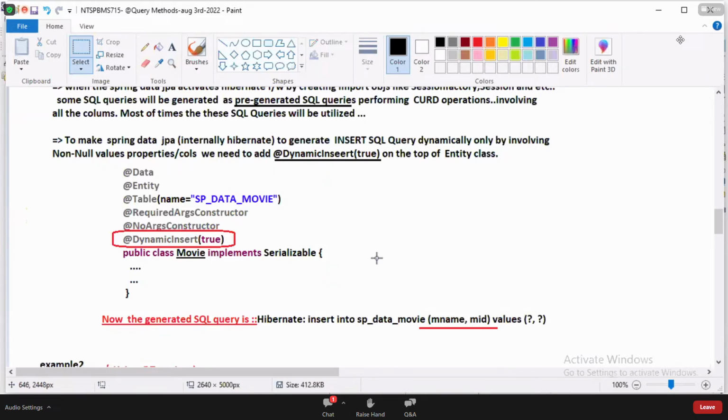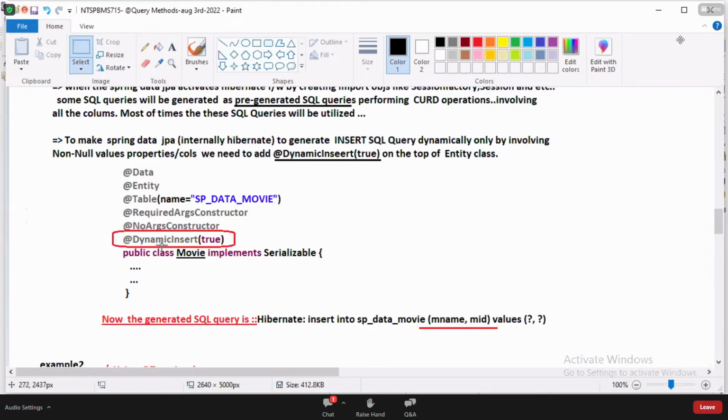Performance benefit will be there. Columns are reduced. Don't look at a 4 or 5 column table. In real time, 30, 40 column tables will be there. Look at it from that angle. Whenever I talk about any feature, don't look at classroom projects. Think about real-time projects: so many tables, so many columns, so many relationships. Think in that angle.